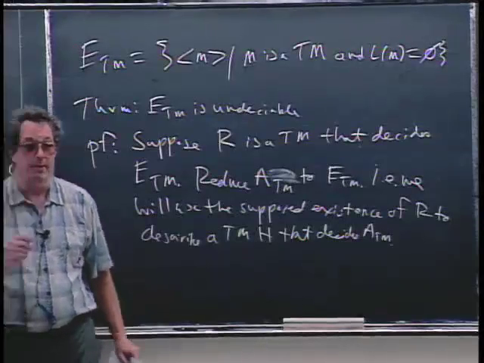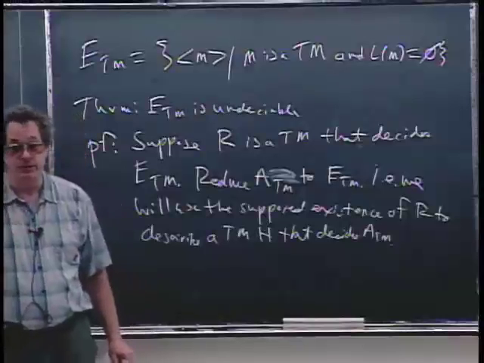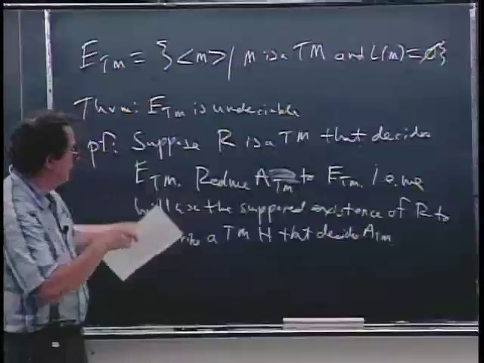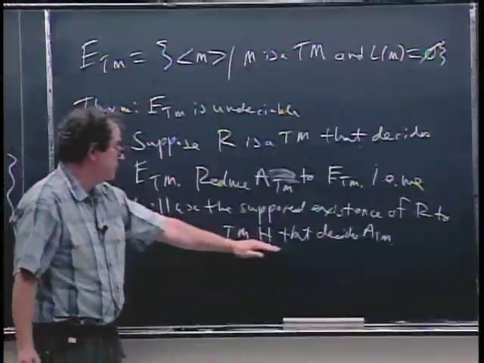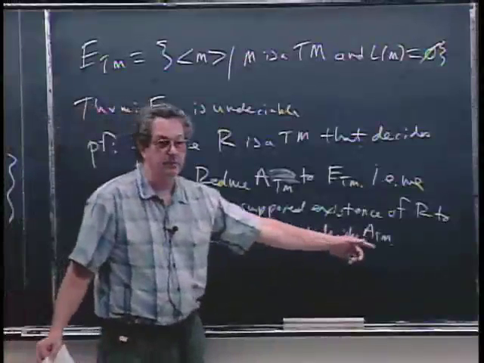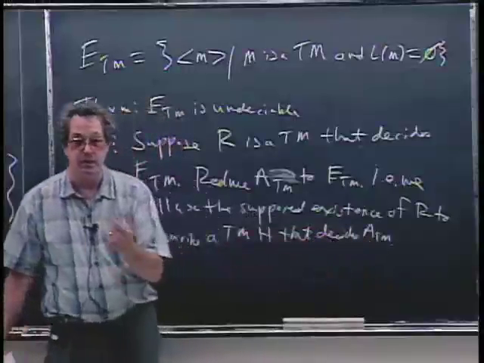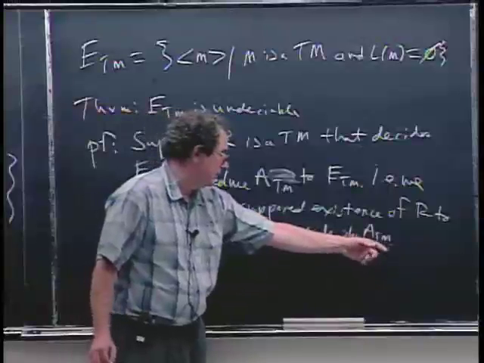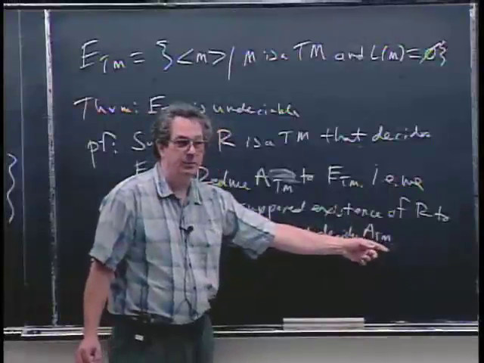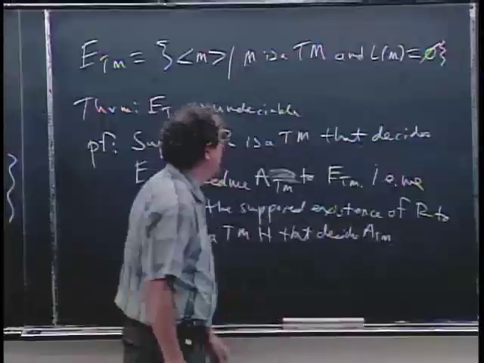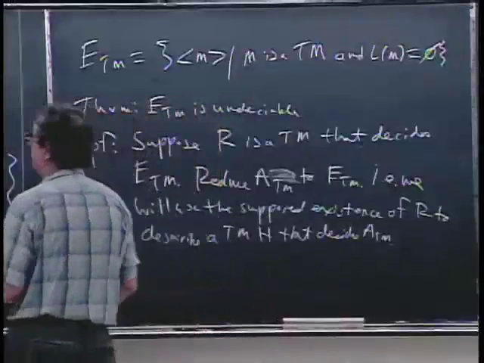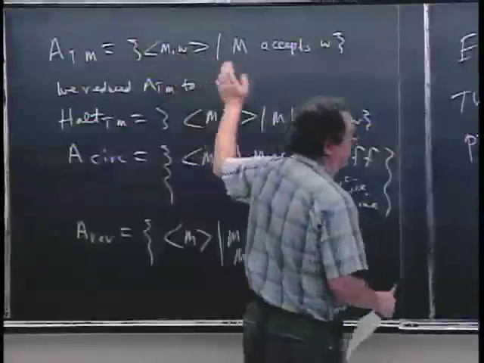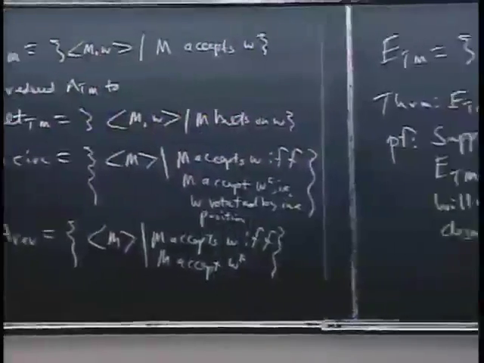A what? A Turing machine and a string. Okay, because H, I'm just sort of setting up the thing here. H is supposed to be a Turing machine that will decide ATM. So H has got to be taking in the input that a Turing machine that decides ATM would take. I mean, the elements in that language ATM are a Turing machine and a string, pairs like that. So H,